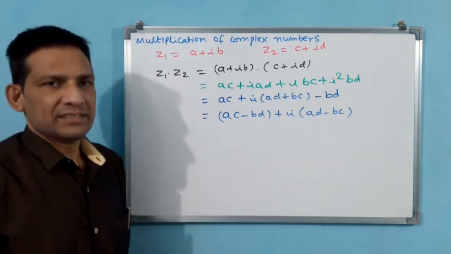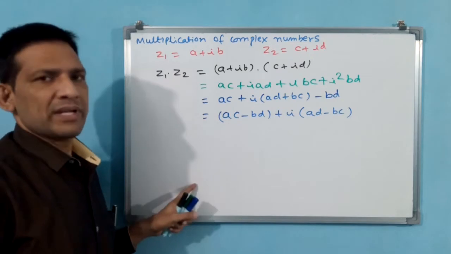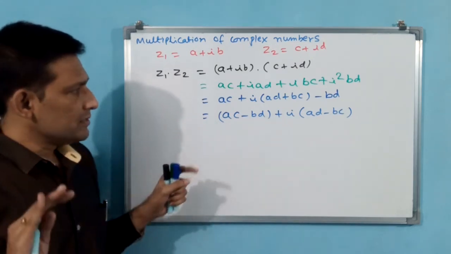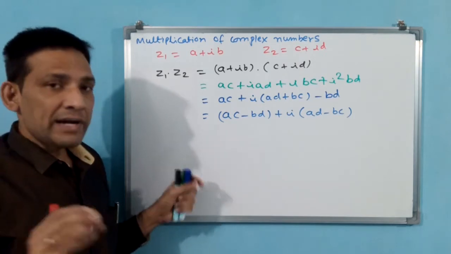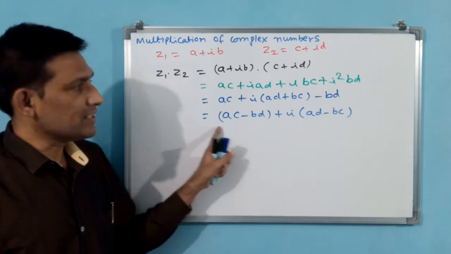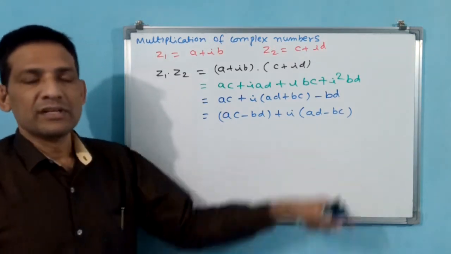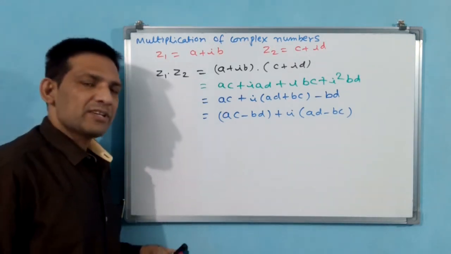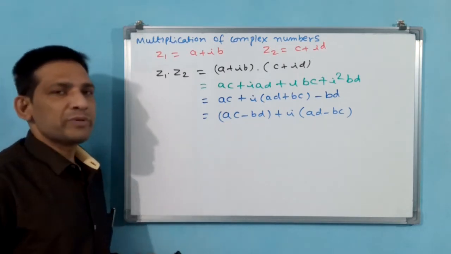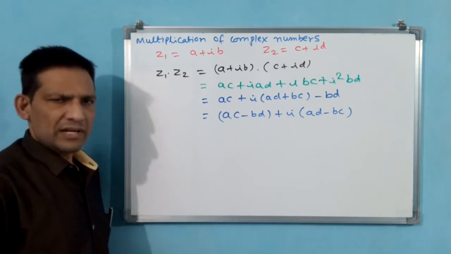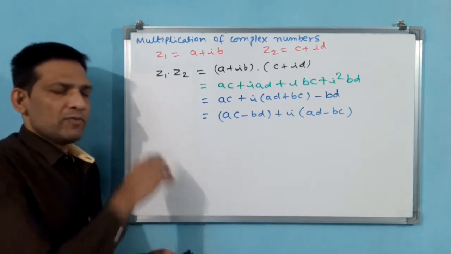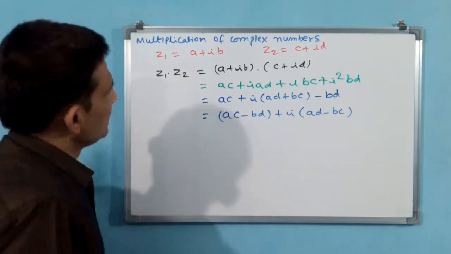This is the final result. We take one example, with real number values, then we are going to understand easily. But broadly, what you are understanding: Z1 into Z2, say Z3 is coming, and that Z3 is also a complex number. That means after multiplication of two complex numbers, the resultant number will also be a complex number. That is called closure law. Closure law is that only. We take one example, then we go for properties.